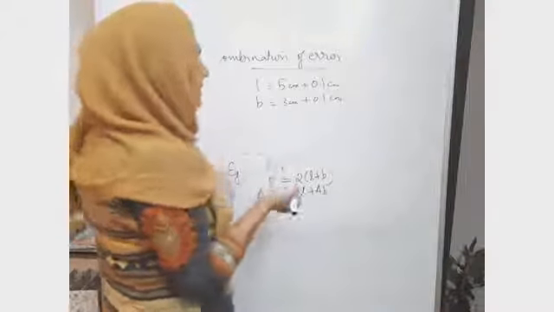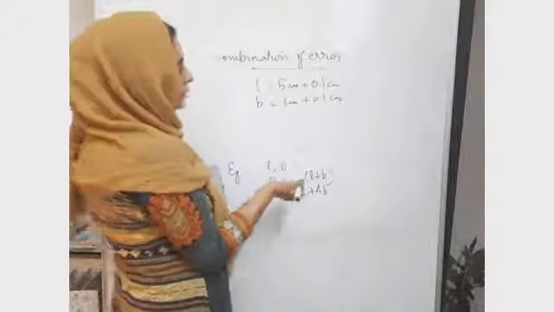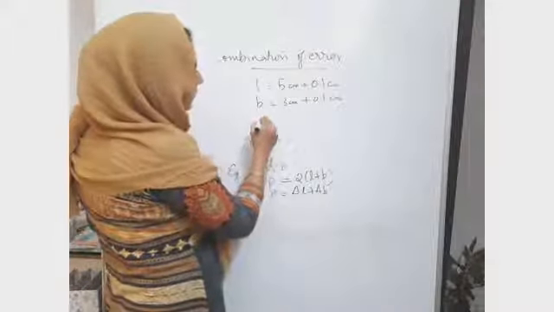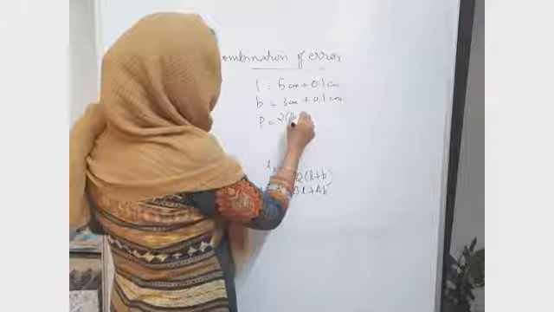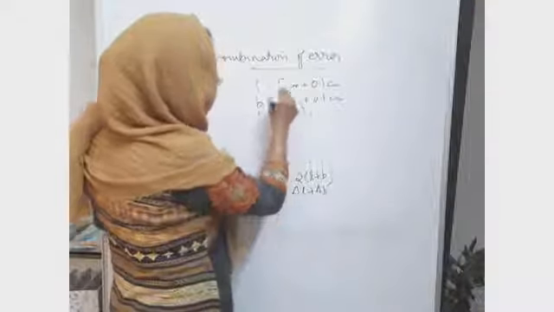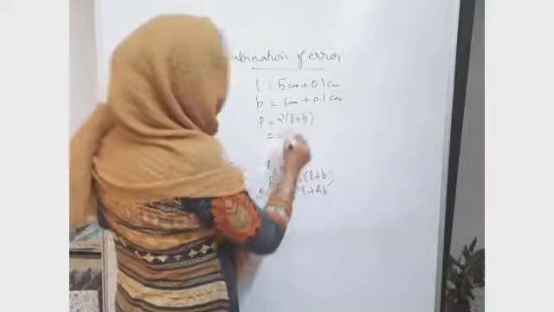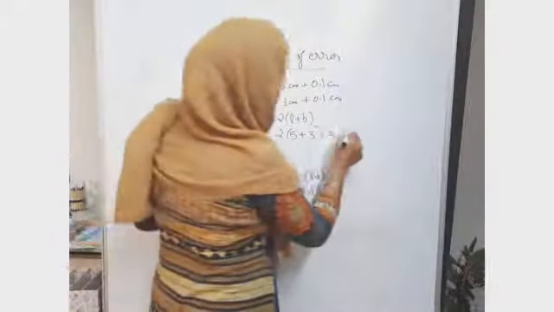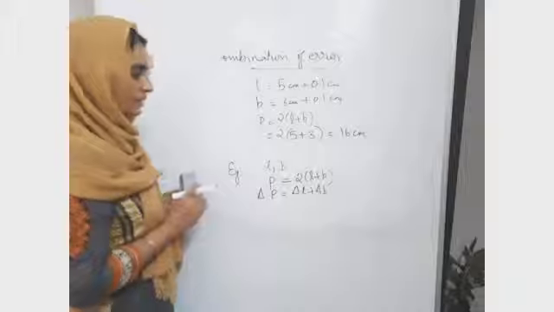So this is of the form L plus delta L and B plus delta B. Then what is the error in perimeter? First you have to find out the perimeter. Just like how you normally find the perimeter, you can use the formula P is equal to 2 into L plus B. That is 2 into, what is L? L is this one, 5 plus 3. 5 plus 3 is 8. 8 into 2 is 16. So 16 centimeter is the perimeter of this rectangle.